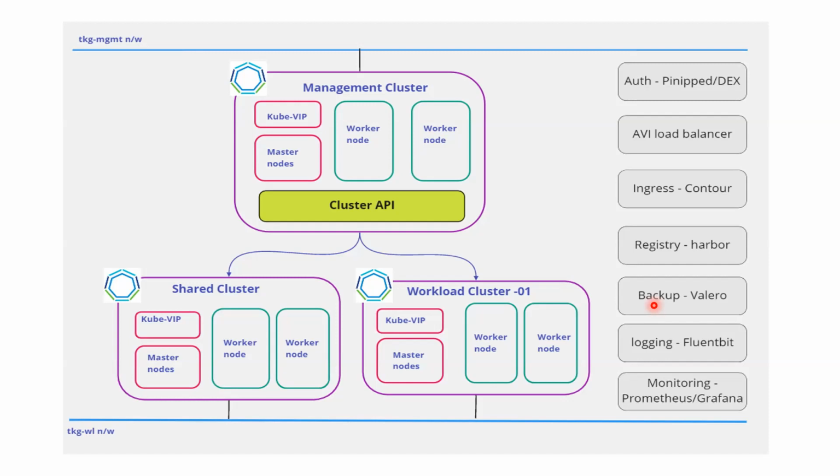Or if you're comfortable using vSphere Log Insight, Fluent Bit can help you configure towards Log Insight or any other syslog server. This acts like an agent which can aggregate all your logs and forward them to the necessary providers. It can provide to a number of providers. And then we have Prometheus and Grafana for monitoring. Prometheus gets metrics for you, and it can forward this information to Grafana, which will show it in a dashboard for you.